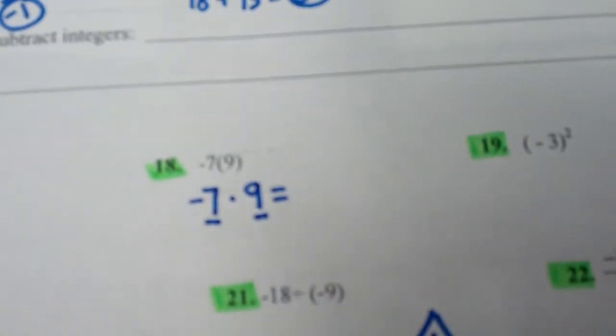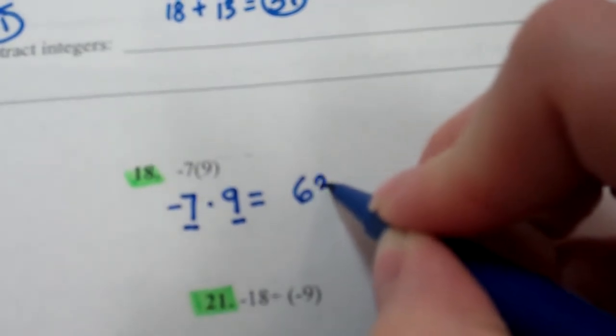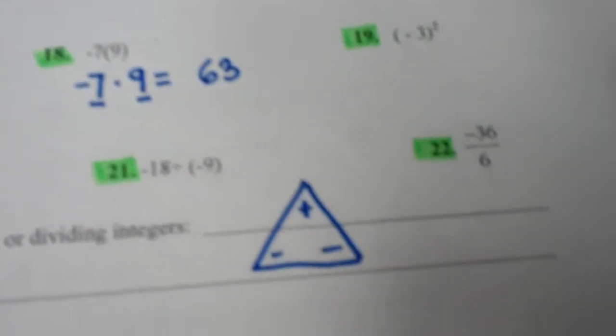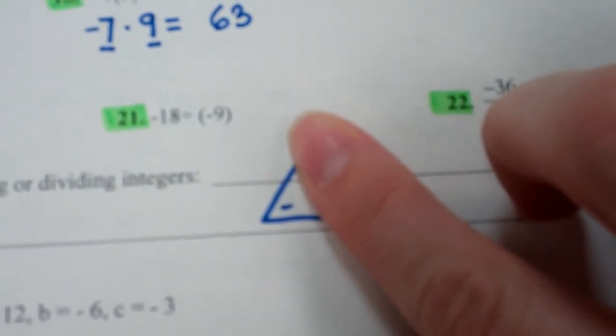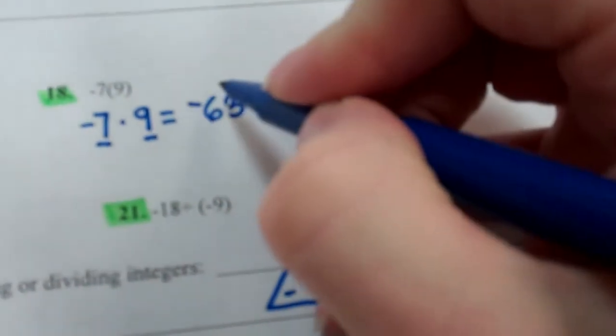If you look at number 18, it doesn't look like there's a problem there, but it's actually -7 times 9. So whenever there's no symbol in between, that's telling you to multiply -7 times 9. I'm just going to multiply those two numbers. I get 63, and then I know I have a negative and a positive. When I cover up my negative and positive, I have a negative left over, which means that my answer is